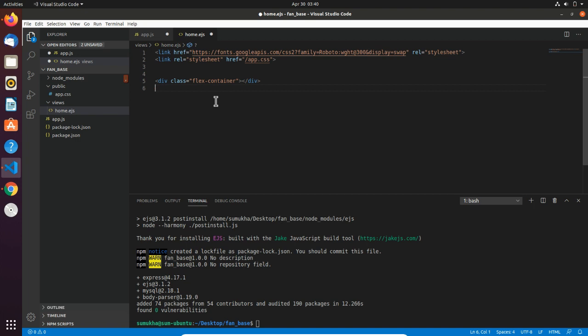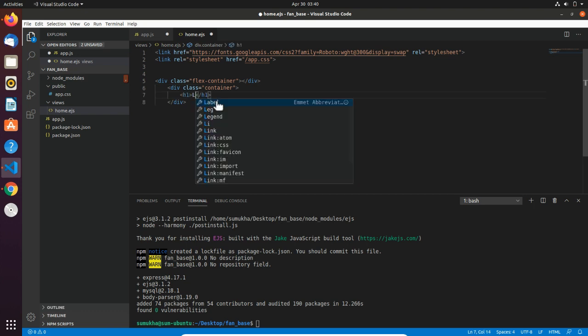Okay, now let's continue. I'll create another div class called container, and here our heading will be Linux club, which you saw a few seconds back.